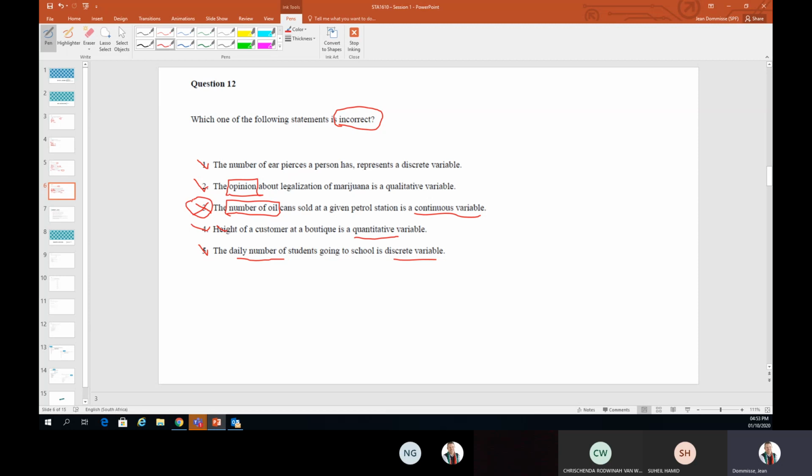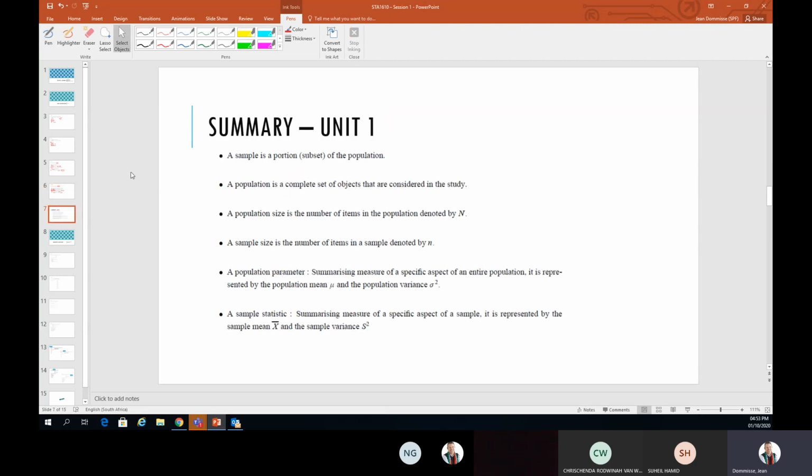The other thing that they can ask around study unit 1, and that I've added more in the summary, is the differences in certain things. So the sample versus population. I think there was in some of the assignments, that was also part of it. So that can also be a question in the exam where they talk about, I think there was in one of the questions, if it wasn't, we will get to that